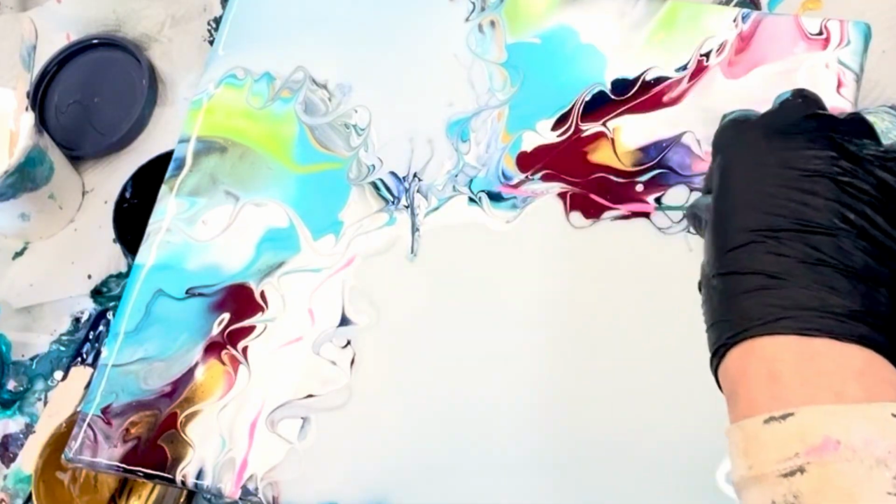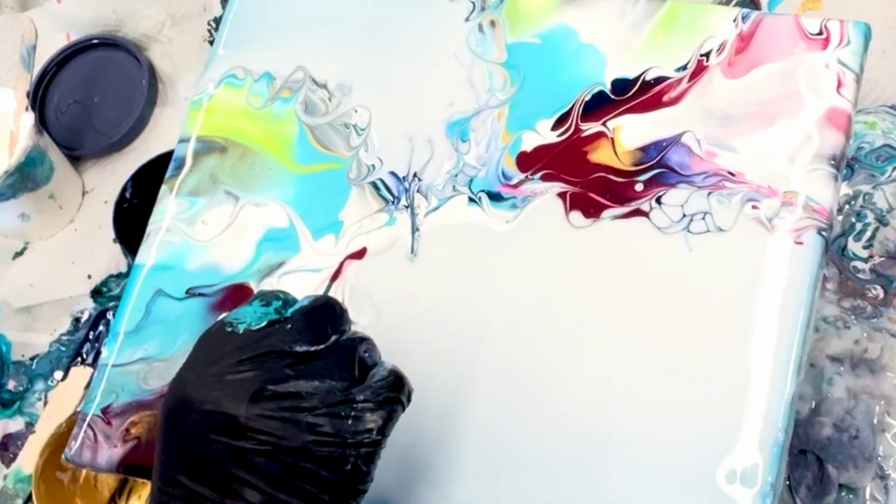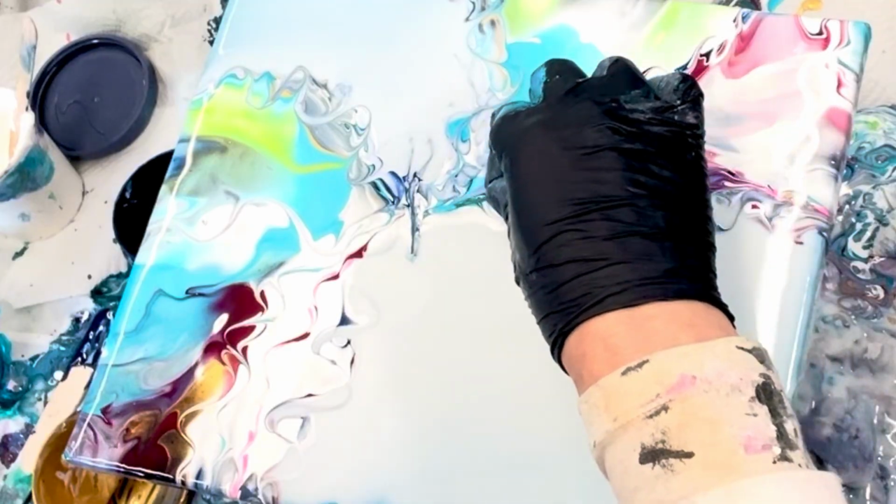or my heat gun to activate any cells, and do a few more swirls. And yes, I want to add more colour. So I've got my cocktail stick and I'm using fluorescent pink, and I'm going to be starting to use some really bright colours. I think I fancy a bit of orange here and a bit of red, just to give